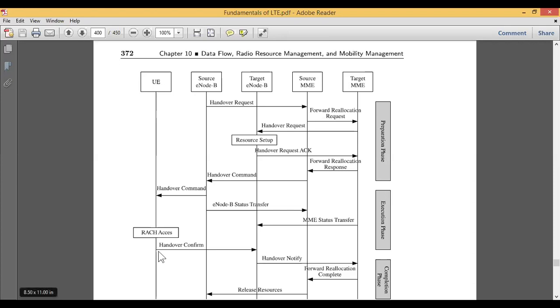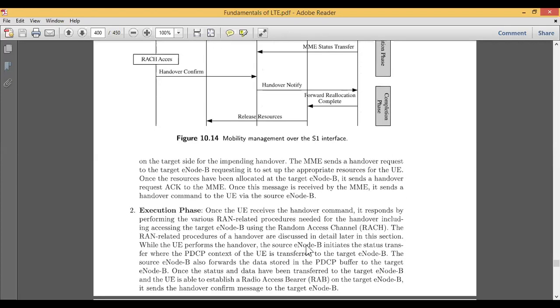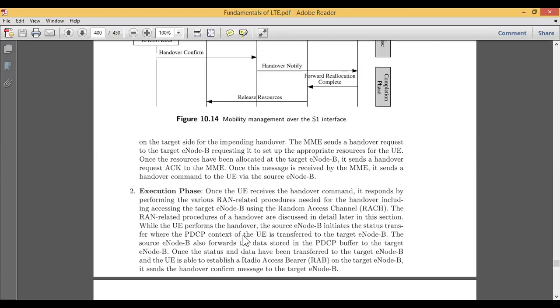So once the user entity confirms from the target node, the target node will allocate, or rather notify, the target MME. Here you can see. And what else is done here is, while the user equipment performs the handover,